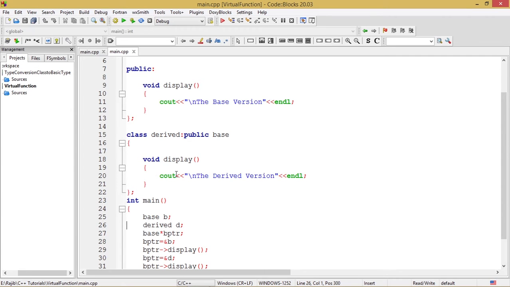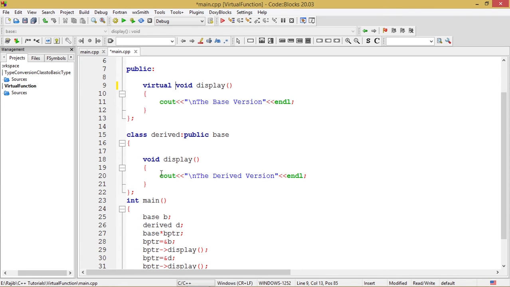This also contains a function of the same name, which is display. So in this case, I will write this as virtual, to implement the runtime polymorphism or to implement the concept of the virtual function.